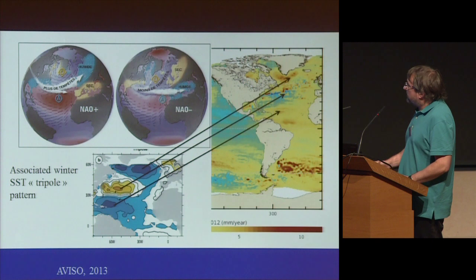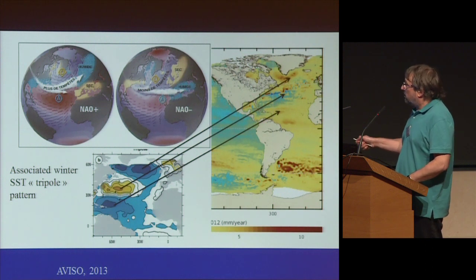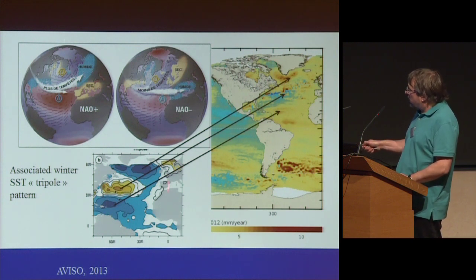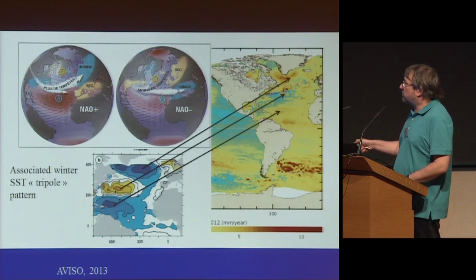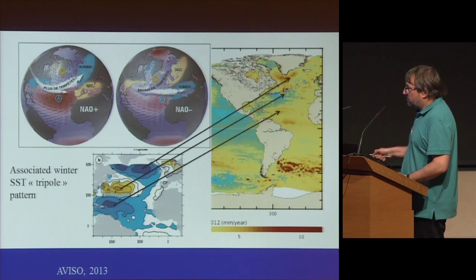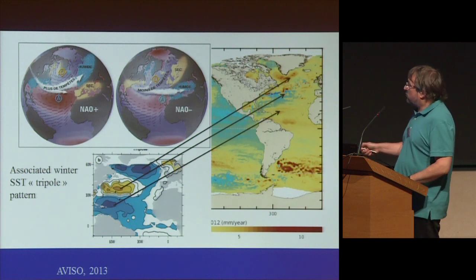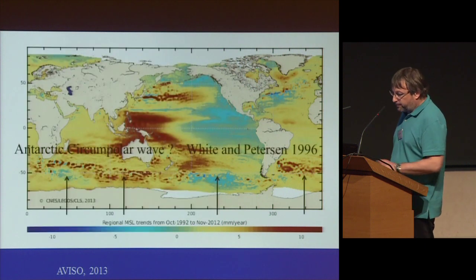In the Atlantic, same kind of things. You can see that there is this kind of tripole pattern, positive, negative, positive, which has the opposite sign here, but it's something that is very much linked to the imprint of the winter North Atlantic oscillation on the ocean. This winter imprints very strongly the thermal structure of the ocean, even at depth, and so it can be anticipated that the sea level has some imprint of this signal.